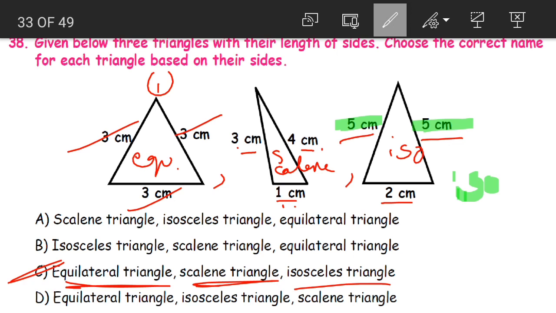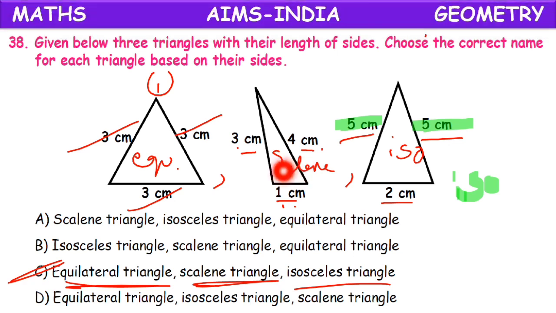With this, we've come to the end of today's class. I hope today's class was clear. We learned something new today. What was it? It is the types of triangle depending on the lengths of their sides. They are divided into three types: equilateral, scalene and